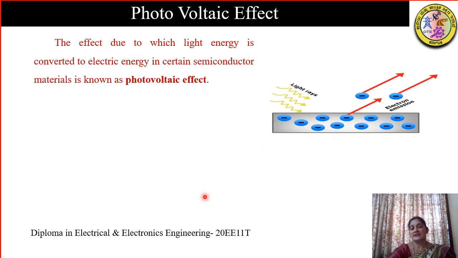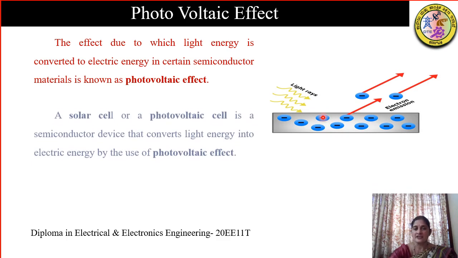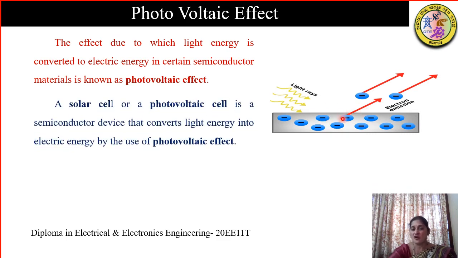Does this always take place for any material? It depends upon what type of radiations are falling and what is the type of material. For light energy, the material suitable for emission of electrons is a semiconductor. On certain semiconductors, when the light radiations are incident, these electrons are going to get ejected by absorbing the photons. But the problem is the electrons do not come out of this material.